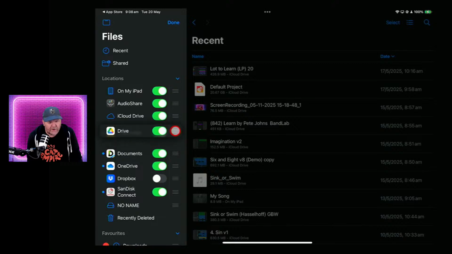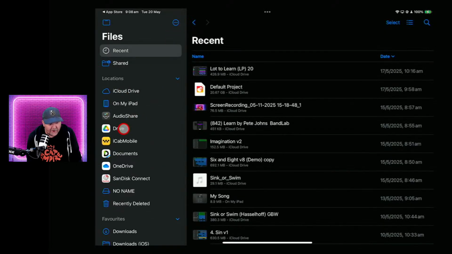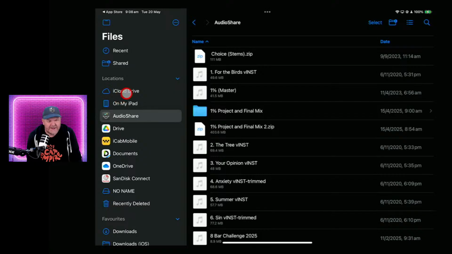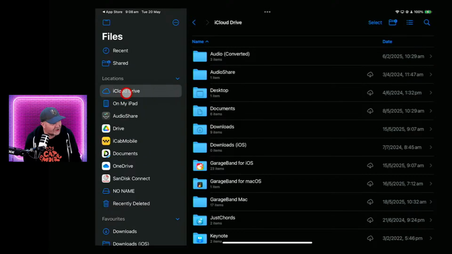I can reorder these by moving them up and down. So something I should have done a long time ago is put my iCloud Drive at the very top. See, now I'm going to get so confused because it's always been third down. But put that right at the top. That way it's the first thing because it's the thing I use the most. Hit done, and there you go. And if you've got a location like this that says like that, it means you haven't logged in to that app. So you do have to log into the app behind the scenes to have it here as a location.